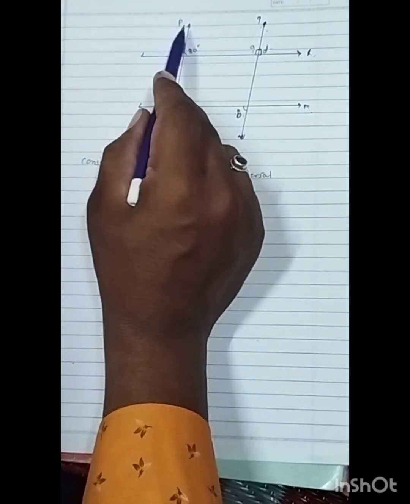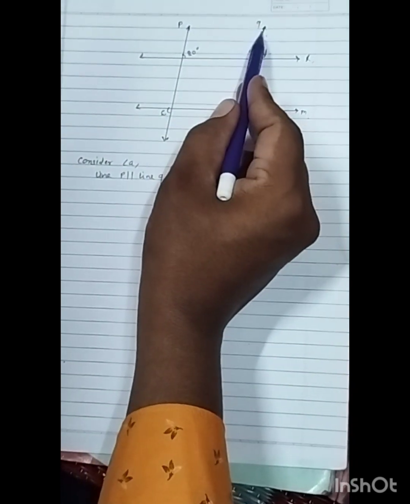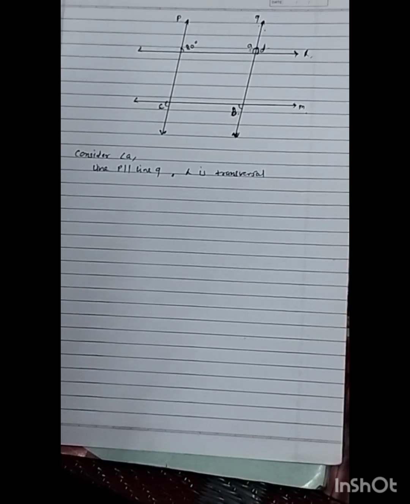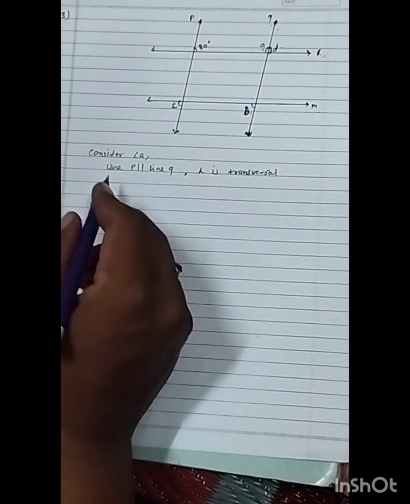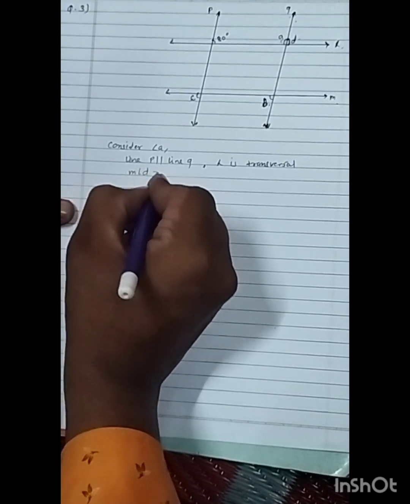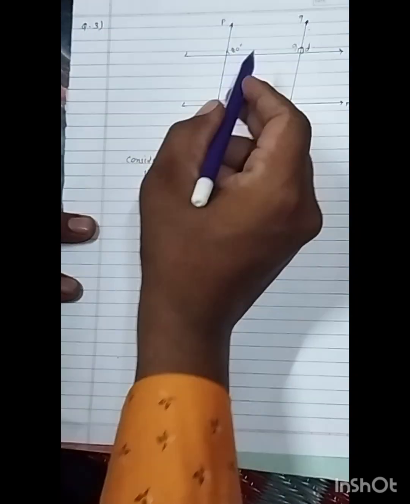We are going to think about only these three lines P, Q and L. So here you can write line P parallel line Q, and L is the transversal of these both lines, that is line P and line Q. So what we will write now? Measurement of angle D, which I consider, is equal to 80 degree. What is the reason behind it's 80 degree? So you can check it.